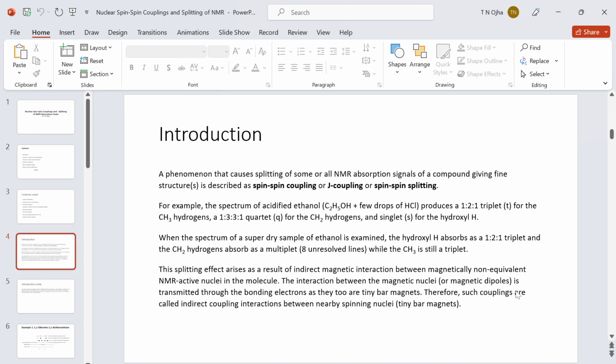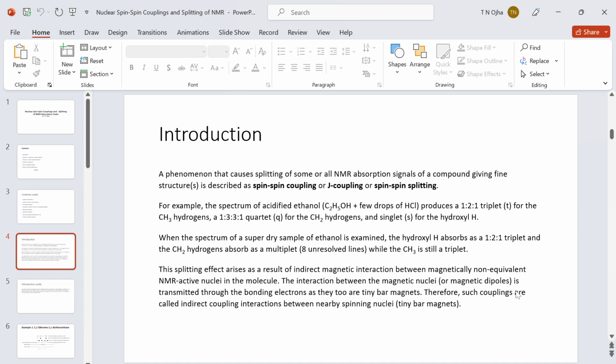First, let us go with the introduction. A phenomenon that causes a splitting of some or all NMR absorption signals of a compound, giving fine structures, is described as a spin-spin coupling or J coupling or spin-spin splitting. These names are used. For example, the spectrum of acidified ethanol, meaning ethanol with a few drops of HCl added,